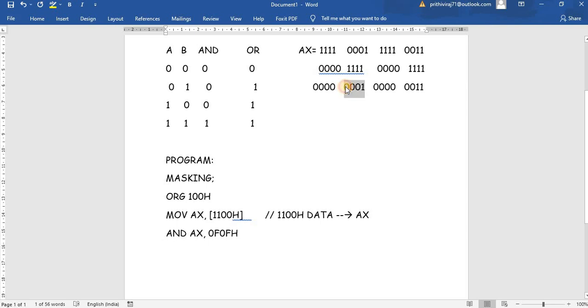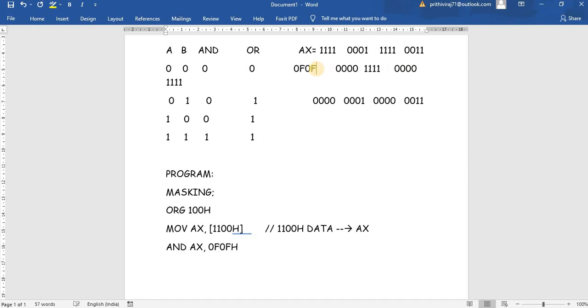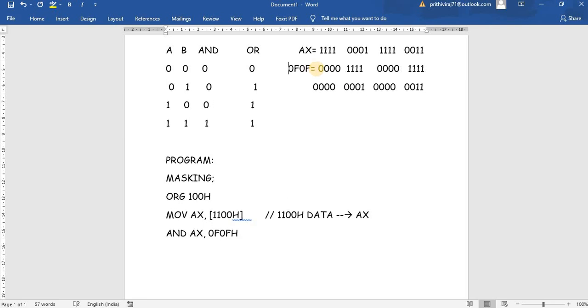Wherever we have given F, that corresponding bit is not masked. Wherever we have given 0, that corresponding bit has been masked. That's the logic. Since we have given 0 for these 4 bits, this value is nothing but 0F0F.